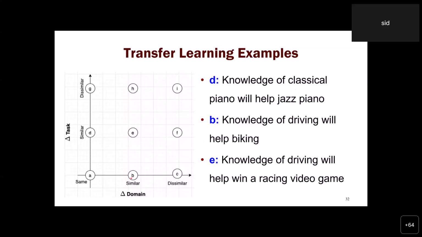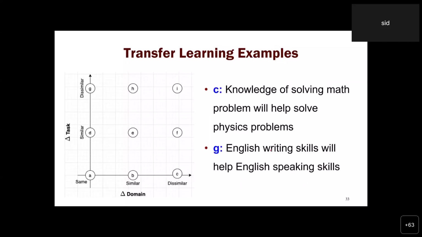Now, in terms of a change in domain, knowledge of driving will help you bike. So if we know how to drive a four-wheeler, we can ride a two-wheeler. So that's a domain change, but the task remains the same, which is driving. If you look at E, which is a combination of change in task and change in domain, that is knowledge of driving will help you win a racing video game. So here the task and the domain both change. Going ahead,